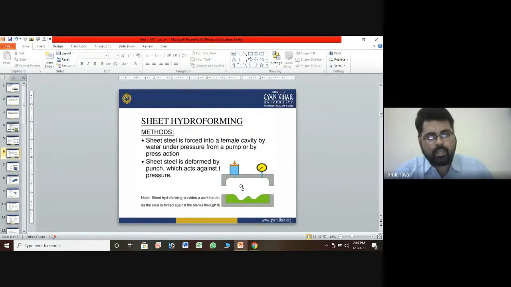If you have an idea about this technique, it is easy to understand and easy to operate. There is no special skilled labor required, as long as you have some basic knowledge of the pressure requirement, material requirement, material selection, volume property, and fluid requirement for that particular material. These are some common techniques you have to adopt for making the material with the help of sheet metal hydroforming or tube hydroforming. These are the common techniques we generally use.